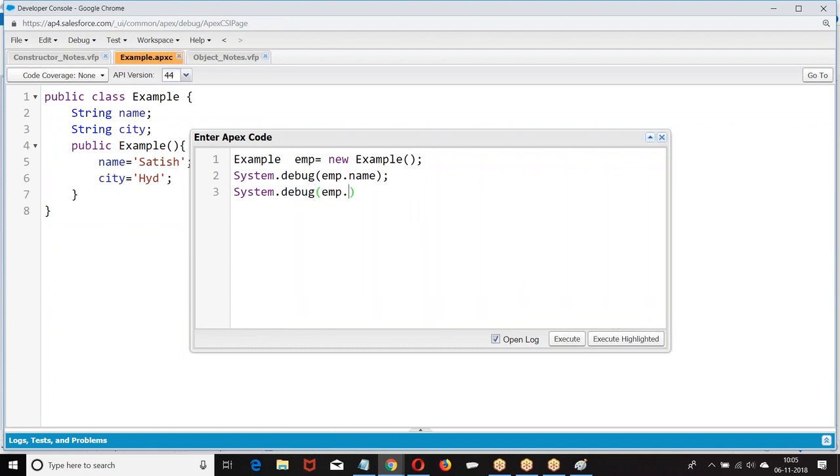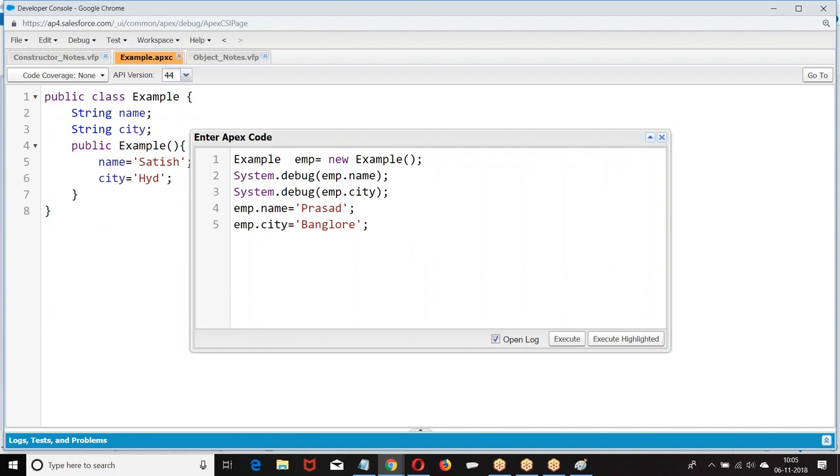Emp dot name equal to... Any members of the class you want to refer, create a reference variable, create an object, refer to that object and call the members.